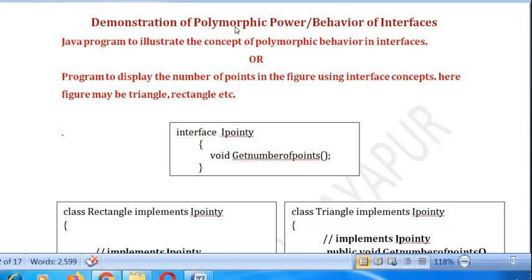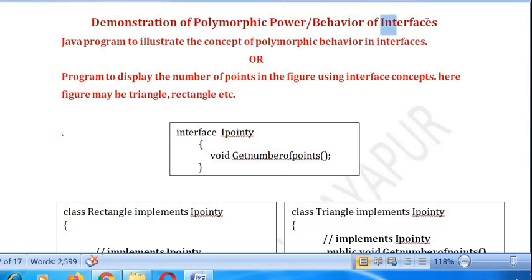One is that we can achieve polymorphic behavior using method overriding or an abstract class, and the same concept we can achieve using an interface. But there is a difference between achieving polymorphism using method overriding and achieving polymorphic behavior